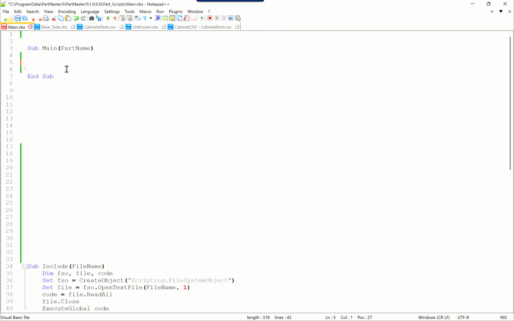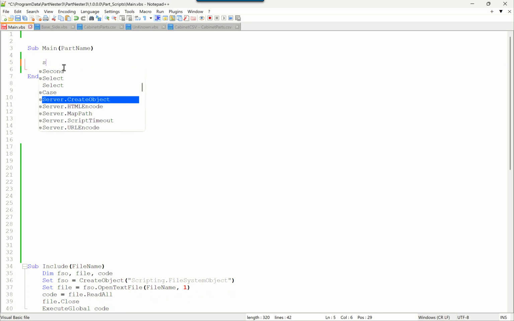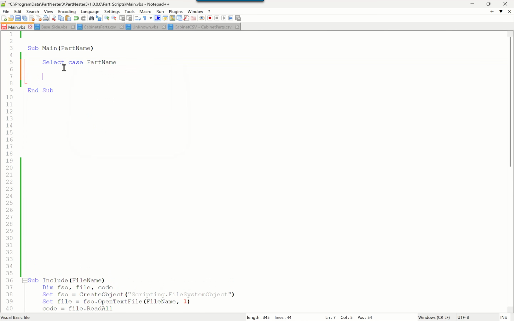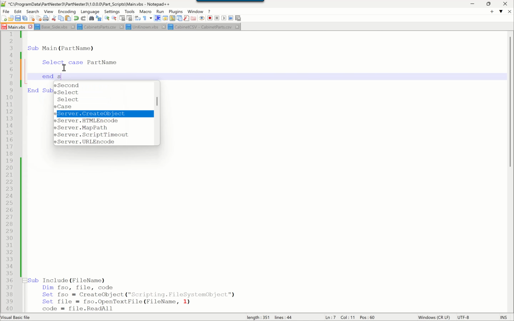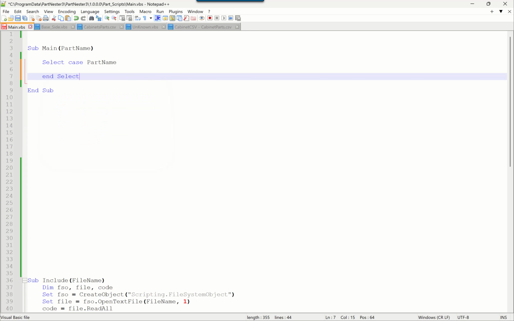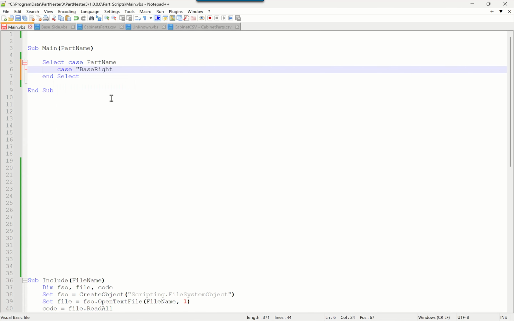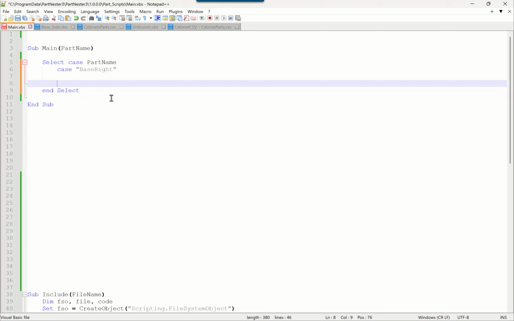Another conditional statement is called a select case. And then we will do an end select. So within this routine here, or within these two, we need to set up a case. So we will say case base right, and we will say case